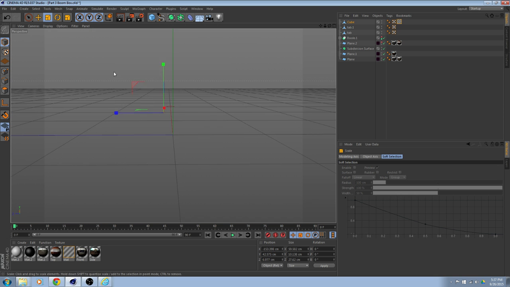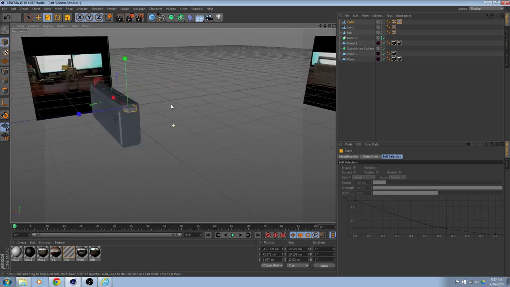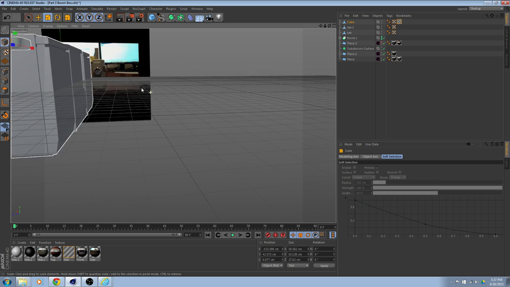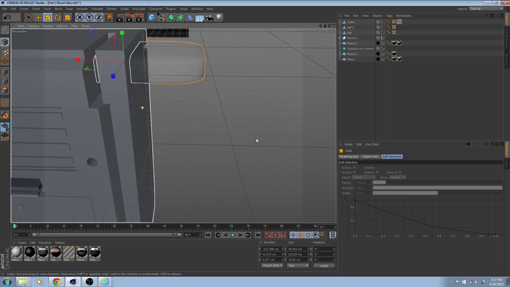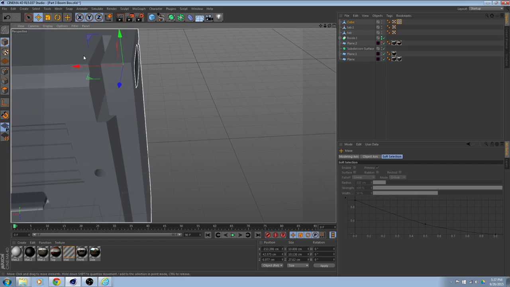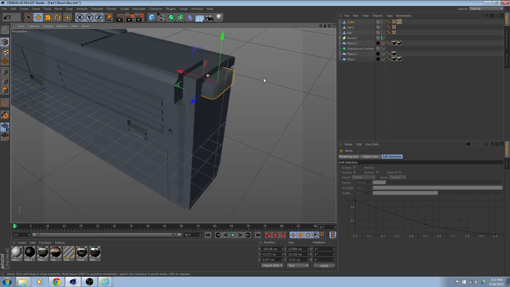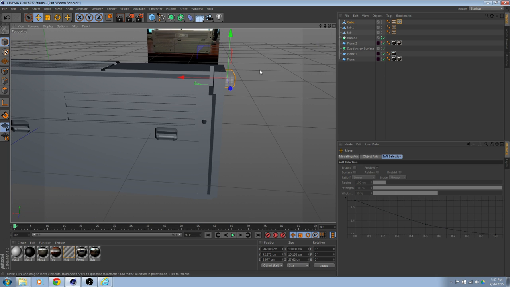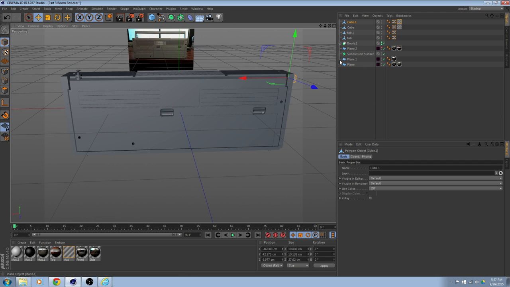And of course, then what we need to do is see how it looks in relationship to our actual object. Is that somewhat in the middle there? Okay. And then we just need to have this shrink down quite a bit because we only need a little bit of it, and just kind of have a little bit of the edge in there. Okay, so we're going to copy and paste this, and then I'm going to put this on